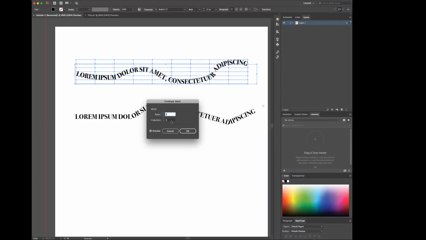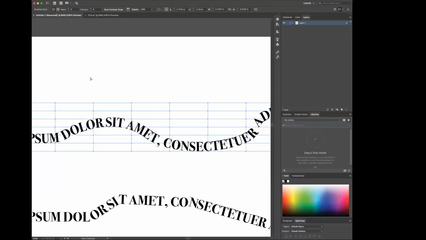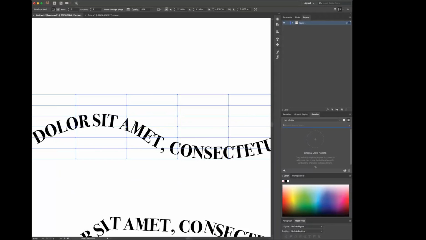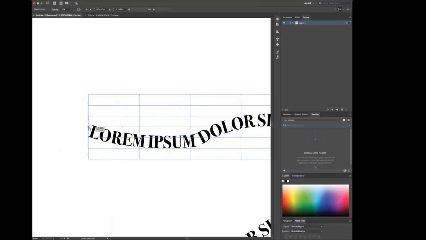So I'm going to do 6 rows, 9 columns so that I can have more effect between the letters. And you'll see this kind of weird column grid around my letters, but each one of these blue little dots are anchor points. And I can manipulate these anchor points, and I'll zoom in so you can see a little bit better. I can manipulate these anchor points with my direct selection tool. Just simply by clicking on any one of them, now lets me alter the angle of the letters, which gives a really cool effect.